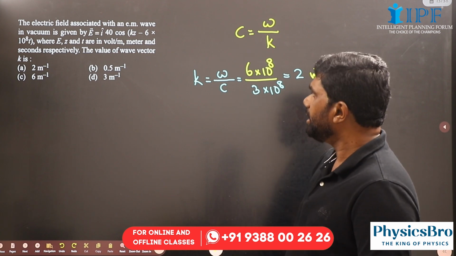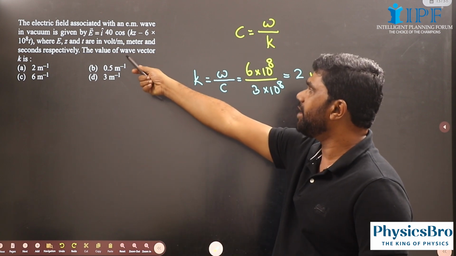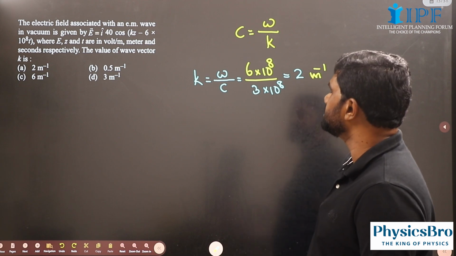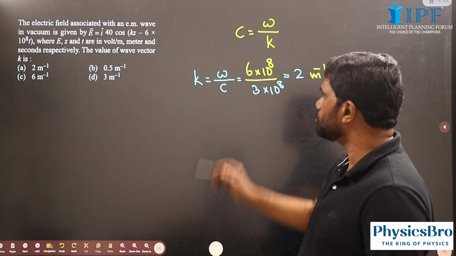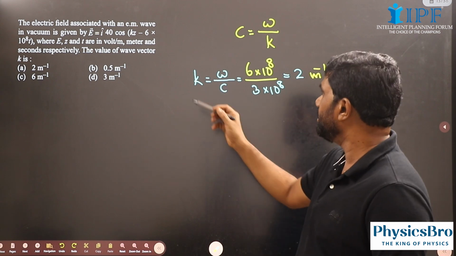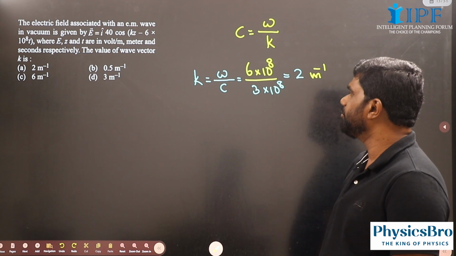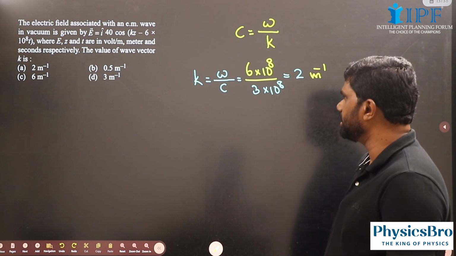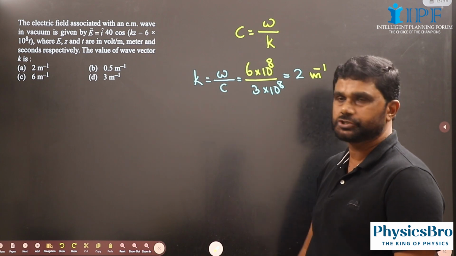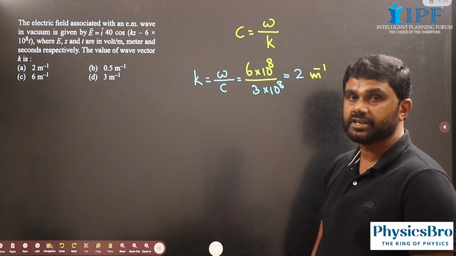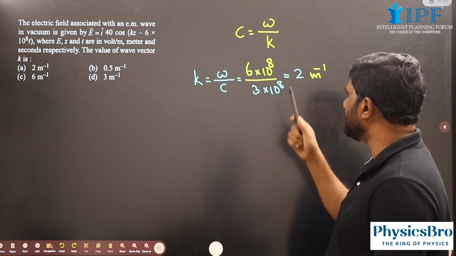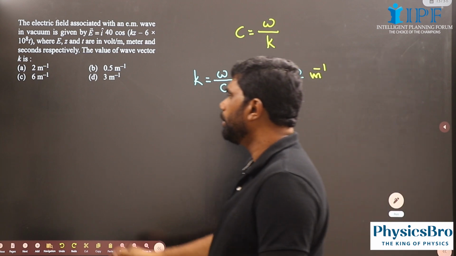Anyway, here we have the value of wave vector k. The speed of electromagnetic wave is omega by k. So k is called the propagation constant. So k will be equal to omega divided by c, the speed of the electromagnetic wave. Here we have omega as 6 into 10 raised to 8, and c, the speed of light in vacuum, is 3 into 10 raised to 8. So 6 into 10 raised to 8 divided by 3 into 10 raised to 8 will be 2 meter